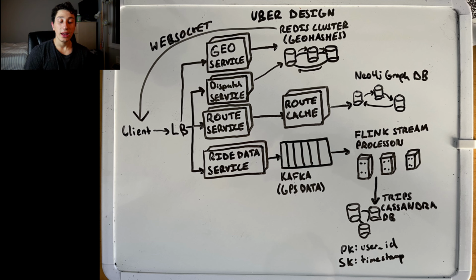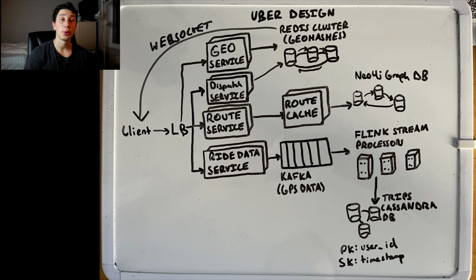Then finally, we have our ride data service. The ride data service is basically going to be ingesting a bunch of data points that come up while the ride, or the trip, is actually occurring. Because, like I mentioned, a lot of this is going to be GPS signals from the car or the driver itself, we can plop those into a Kafka stream, which I'm using here in particular because it's log-based,